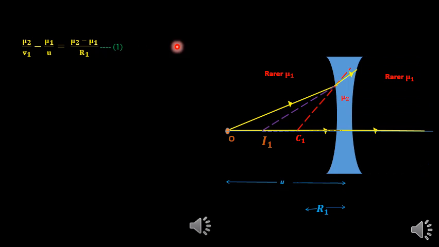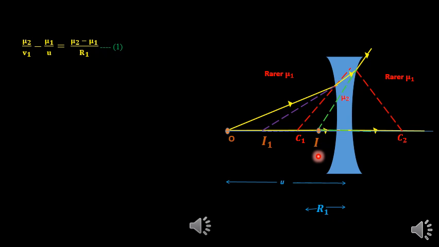But actually this ray suffers another refraction at the second surface of the concave lens. For the second surface, this is the incident ray and this is the point of incidence. Then the line connecting the center of curvature of the second surface and the point of incidence is the normal at the point of incidence of the second surface. Since the light is propagating from denser to rarer, it bends away from the normal. Since these two rays are diverging in nature, extend the refracted rays backwards so that the final image I is formed there.